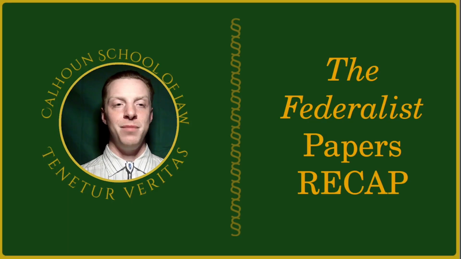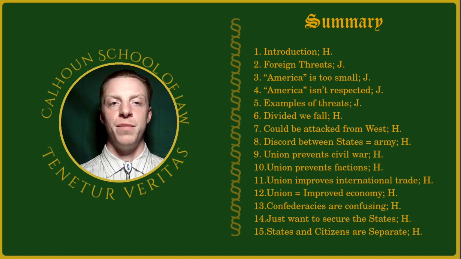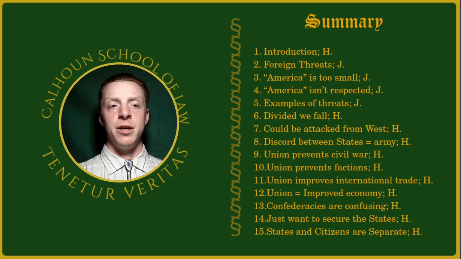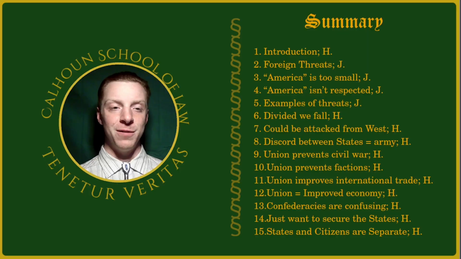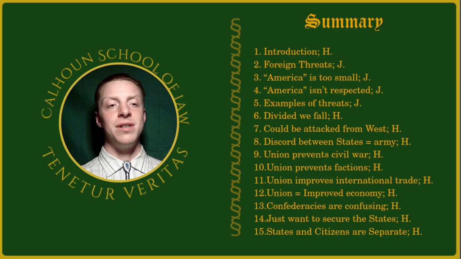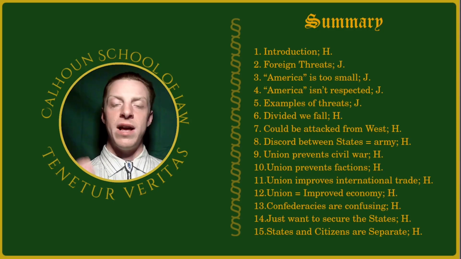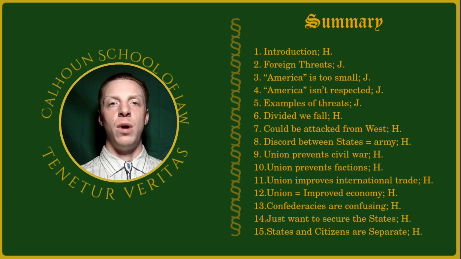Let's begin with Federalist Paper number 1, which was an introduction, where Hamilton, so he got the first word and the last word in the Federalist Papers, introduced the purpose, the intent, and the scope of the Federalist Papers. This is where he mentions that we have a new proposed government, here are some of the objections we are already hearing, and why a new government is necessary.